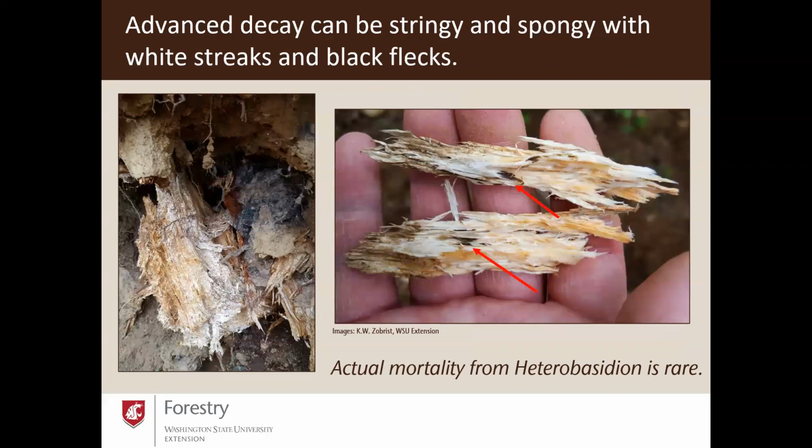Advanced decay for Heterobasidion can get really kind of wet and spongy and stringy. And here in the photo on the right, we see a close-up of this spongy stringy wood, and notice how it's got the white streaks in it, and also the two red arrows are pointing to those black flecks, which are kind of the size of rice grains. So that's a good indication of